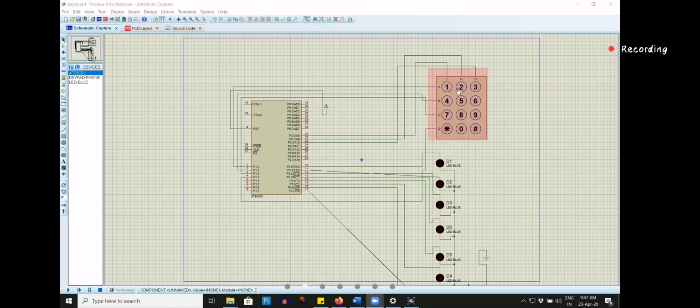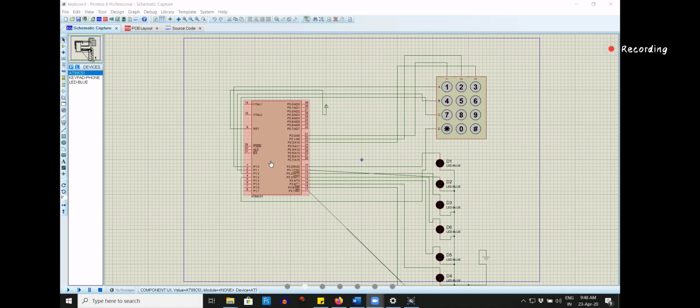So many different types of keypad are there. As per the number of rows and columns, you can accommodate more characters. So your column is connected to port number 2, and your row is connected to port number 1.